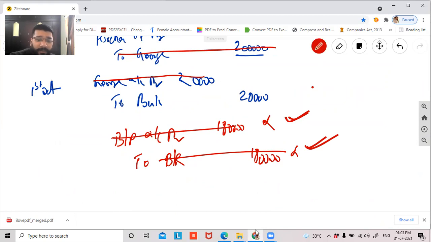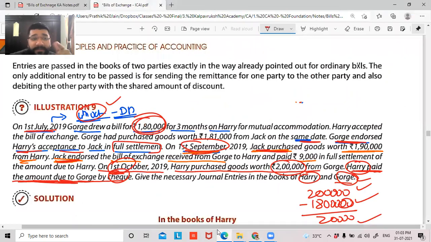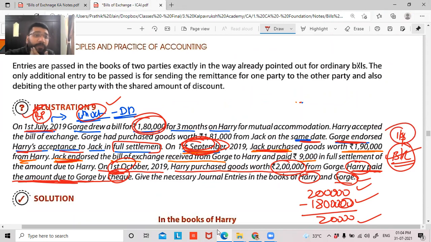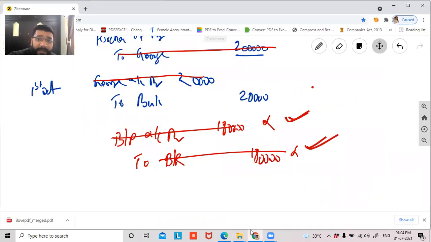Guys, tell me one thing. This bills receivable, when is Harry receiving? Jack is endorsing the bill on 1st September. So the bills receivable is coming on 1st September. So will it not make sense to knock off the asset and liability on the same date? See, bills payable liability is created on 1st of July, and receivable is happening on 1st of September. So this liability has to be knocked off against this asset on this date itself. Why do we wait till 4th of October? So technically it is right. It is 1 September, Pratiksha. Are you able to understand the logic behind this?